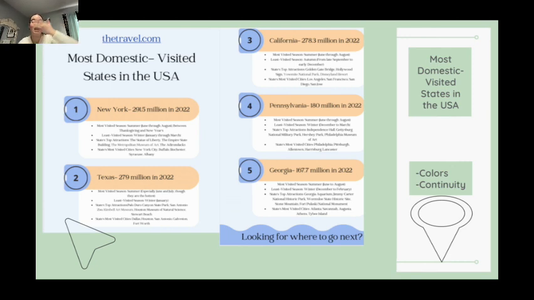this information. Listed from 1 to 5, we have the name. I've also included in 2022 because something that a lot of the past infographics didn't do is include a date. You can find infographics on the internet literally at any time, whether that's from 4 years ago or 5 years ago. So this just kind of helps with relative dating, once again, also with the credibility of the audience, just to know if in 2027 this is an infographic that they should be looking at, which it isn't because it's